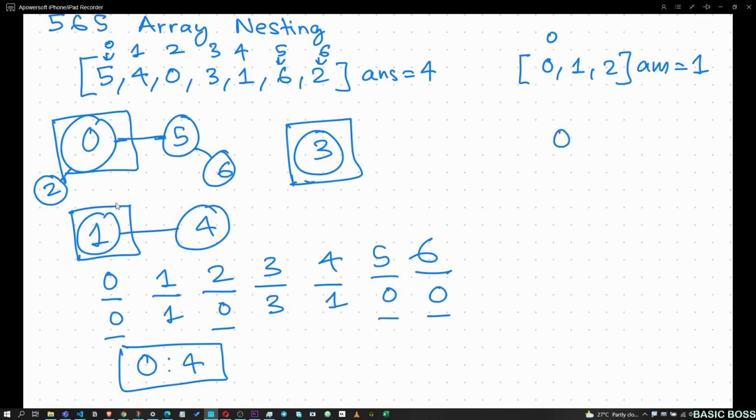So the parent of 0 is 0. So basically you do union of 0 and 0, that will remain as 0. And the leader is 0. The leader again is 1 and the leader again is 2. So in this case, you take any of the sets. Basically you again do this.